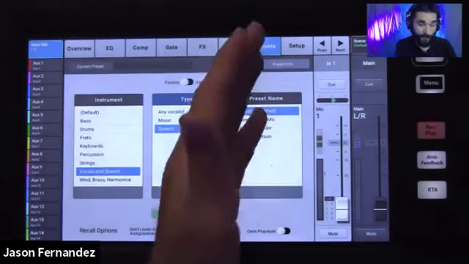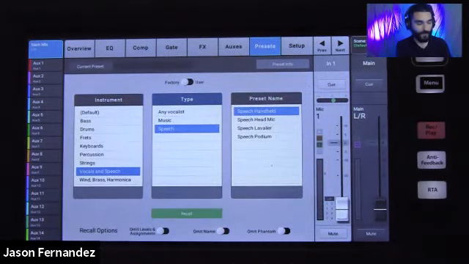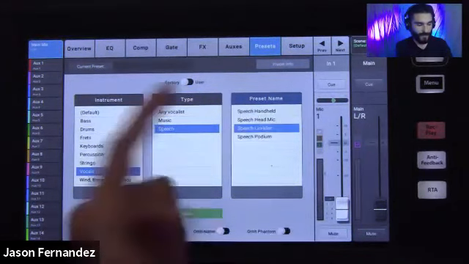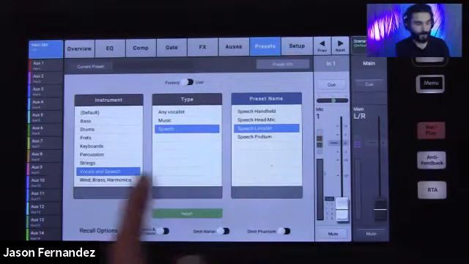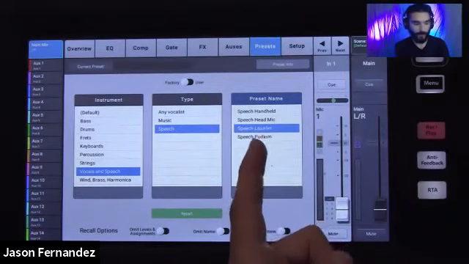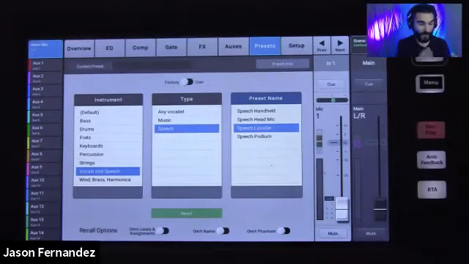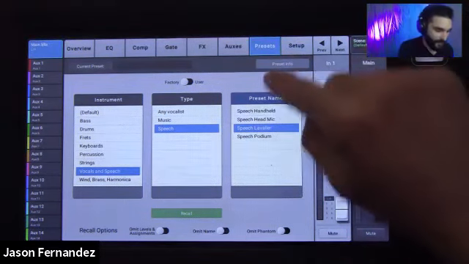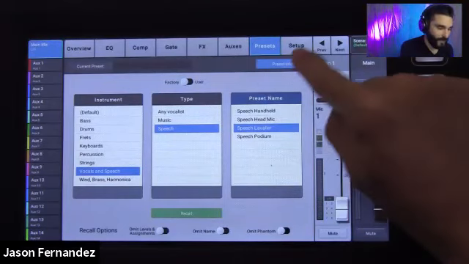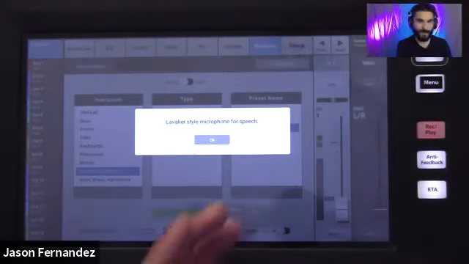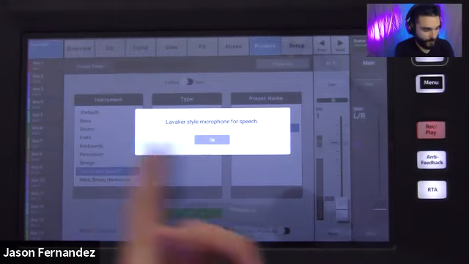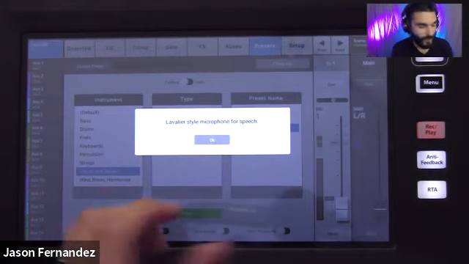If at any time you want to know a little bit more about any of these presets, you can hit this button right here that says preset info. So if I select a preset, let's say I select my preset here that says speech lavalier. So I've made my selection all the way into the third column here. So this is going to be my actual preset that I'm going to recall. And it's going to be a speech application preset. And I'm telling it that I've got my presenter wearing a lavalier like I've got on here. If that's not enough detail for me in the name, I can hit preset info there. And it just gives me a sentence or two about what that preset is going to do. So right here, this is lavalier style microphones for speech.